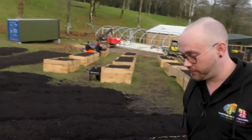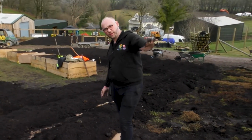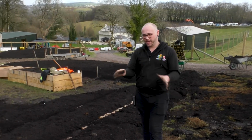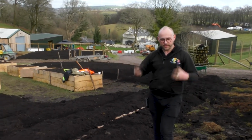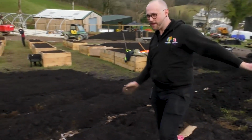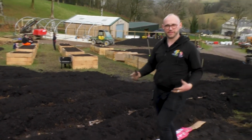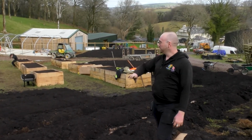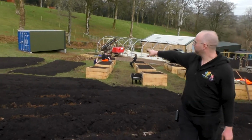Now we step down like this because the valley slopes, so what we're trying to do is, the way the water runs off the land is that it hits our system. So eventually, as these beds settle, they'll slow what goes through them and they'll hopefully suck up all of that moisture. So everything is about slowing that water movement. Some of it we will never slow, and that's why we still have to have some of our soak-away systems elsewhere on the farm. And then you can see we carry it on down with some raised beds there,